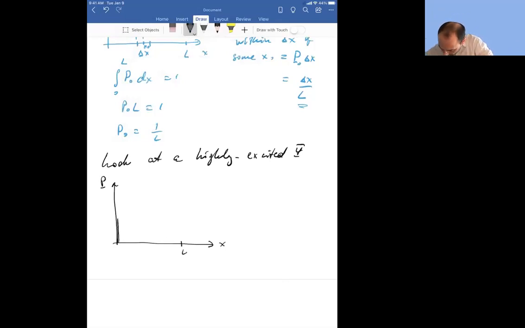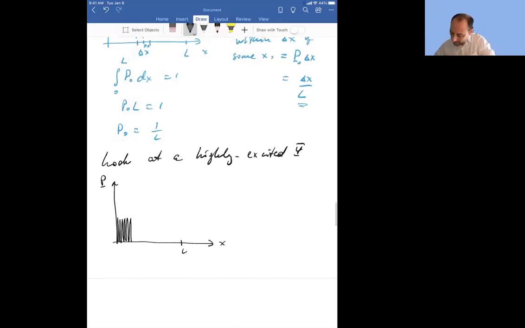It will be highly oscillatory, right? Highly oscillatory. I'm going to get tired of drawing this. This is less than 10^12, highly oscillatory. Again,